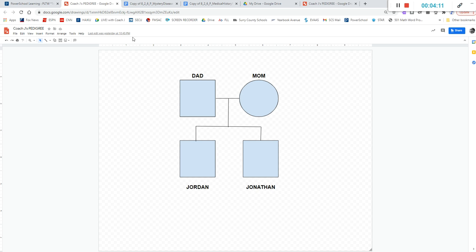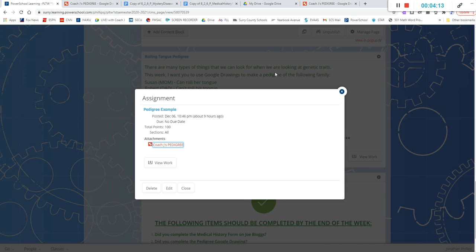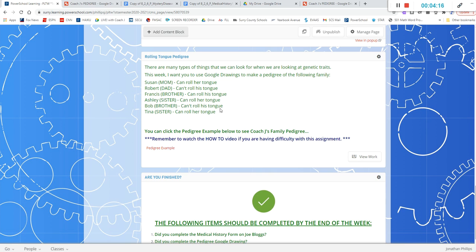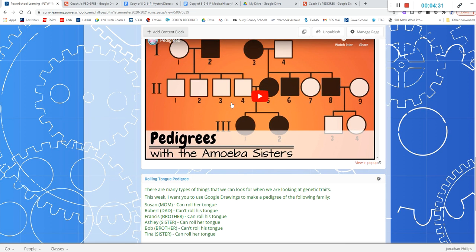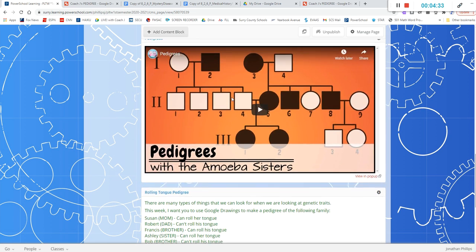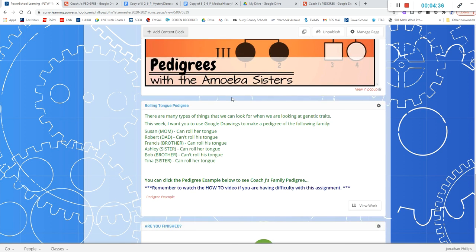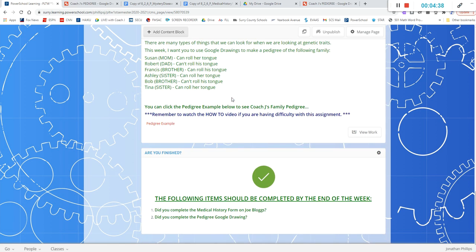So what you're going to do is you're going to use Google Drawing, and you're going to create a pedigree for this family here. So we have mom and dad, a brother and a sister, and another brother and a sister. Okay, so 2 brothers and 2 sisters, and mom and dad have 4 kids. If you need help with this, you can absolutely email me. This video should help, and the video that you're going to watch here about pedigrees should help. So you have multiple avenues if you need assistance, and once you finish your Google Drawing, you'll Dropbox it right